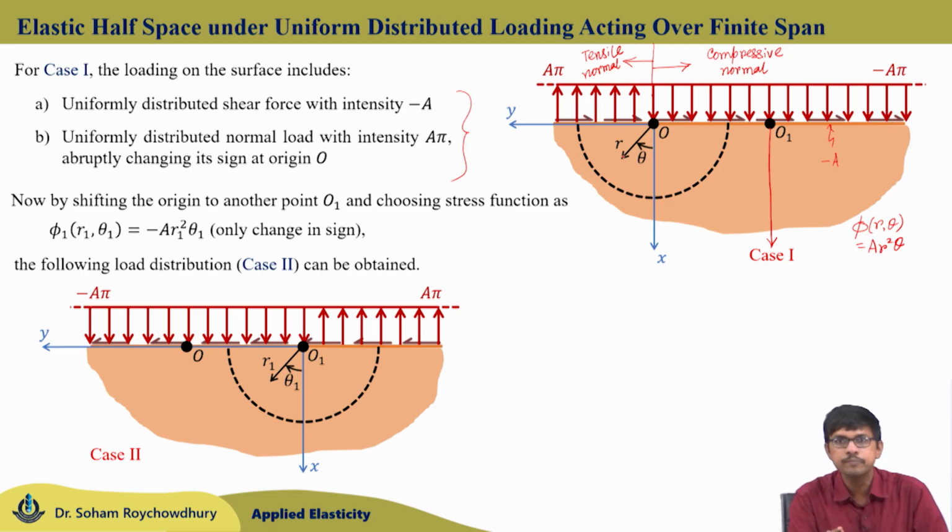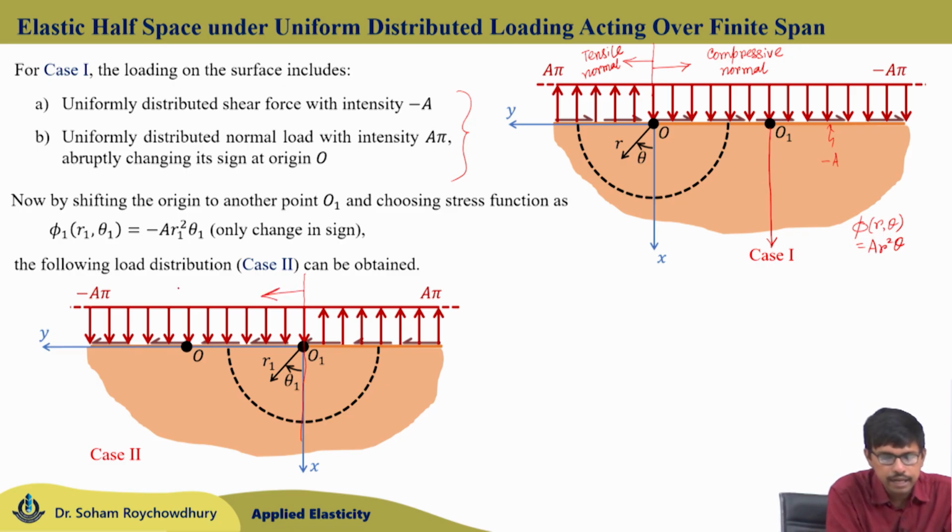Value of A is the same, but the variable is getting changed to r1, theta to theta 1, and the sign of the stress function is getting changed. As we are changing the sign of the stress function, the direction of all the free surface tractions will just be reversed. So, this second case at point O1, which is the origin from which the positive y axis starts, towards the positive y axis you are having the compressive normal load of intensity A pi,